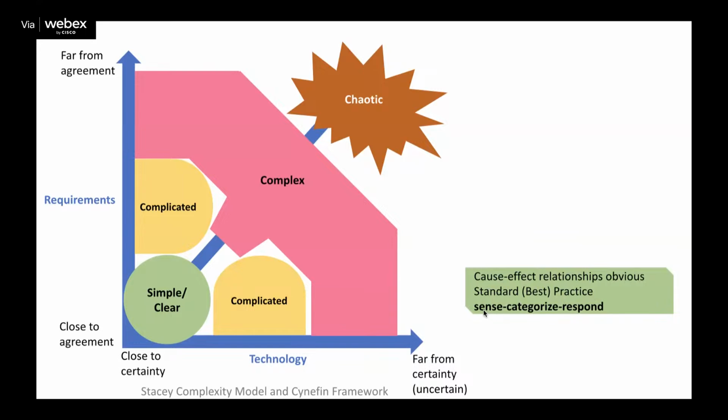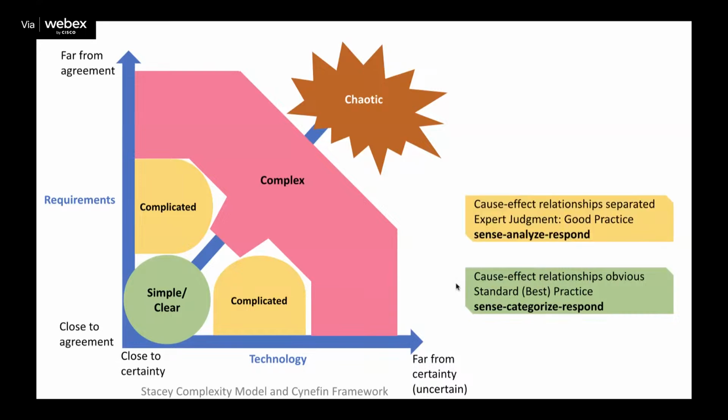We understand that there's a need. We understand that we need to do something. We can categorize it. For example, if we're working in a restaurant, we can categorize this as a drinks order or a food order, and then we can respond based on a standard operating procedure, right? So we can do that. And what happens here is that if we start to apply some of the techniques that we need to apply to complex problems, it's a little bit overwhelming, or it's over-engineered, and it makes people wonder, why are we doing all these things? And I'll talk a little bit about an example of that in a second.